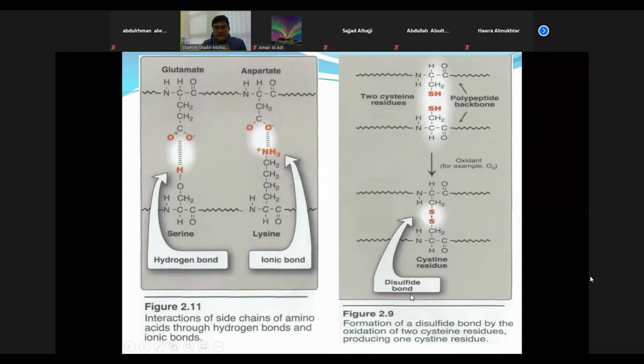Okay, some disulfide bond. I think you have not heard it before. What is a disulfide bond? It is nothing but joining of two sulfur atoms. This is one amino acid, it contains a sulfur. This is another amino acid, it contains a sulfur. Now you are getting a linkage between two sulfur atoms. So this is a disulfide bond or disulfide linkage. Just for you to understand this structure, nothing to remember. Just go through it. I'm not telling you to remember all the structures.